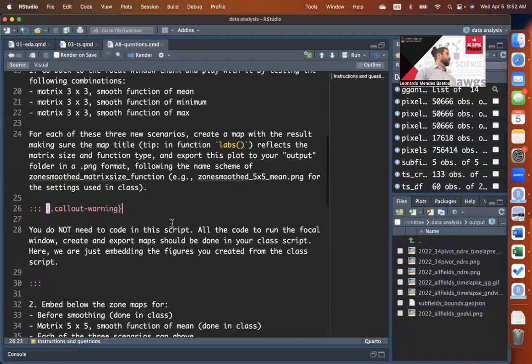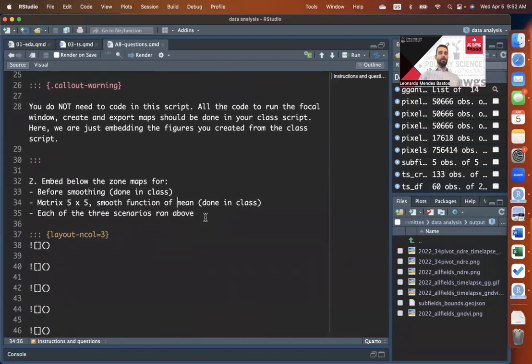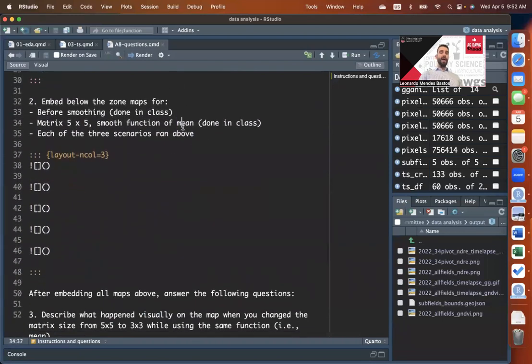So you're first going to have to do that. And then I want you to embed the PNG. So this script, this QMD with the assignments, you should not be coding here. There's no code going here. All I want you to do is edit the code that we're using in class, create the PNGs out of that code. And then in this here, basically what you want to do is, wherever you save